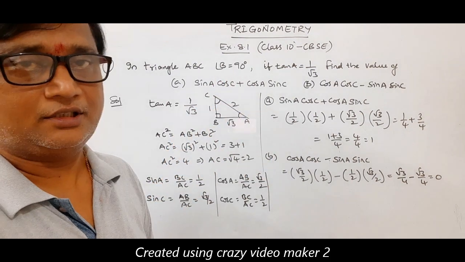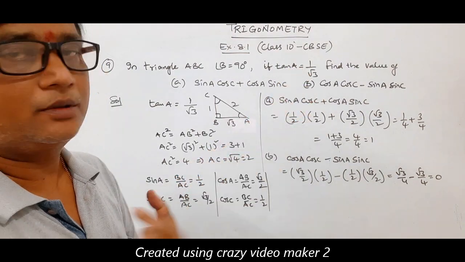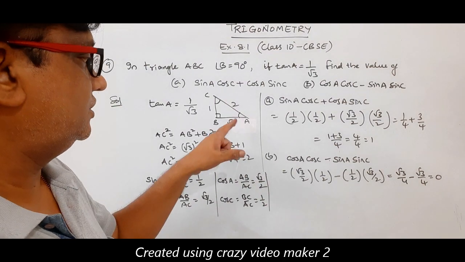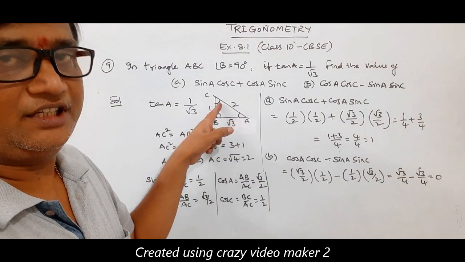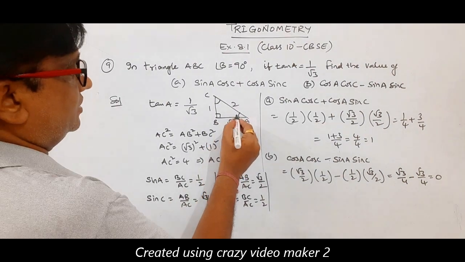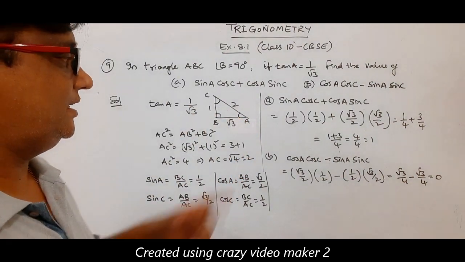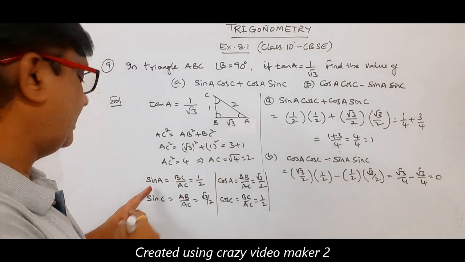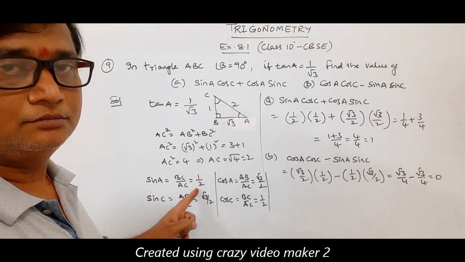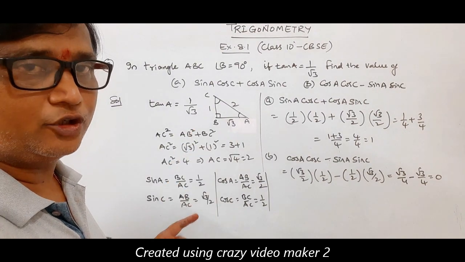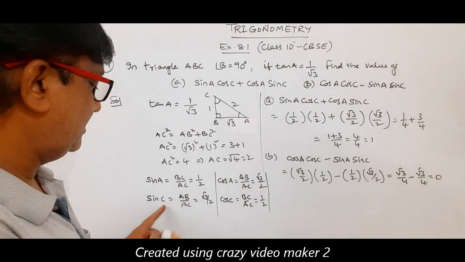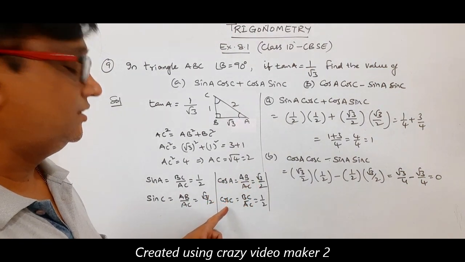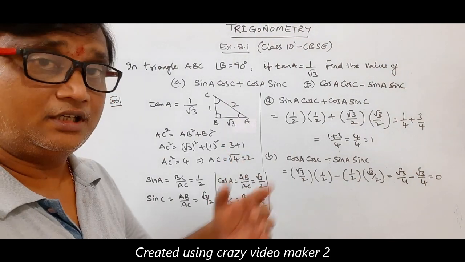Now one thing, if you know the tables, for example in the next exercise and onwards, we know the angles also. Tan A equal to 1 by root 3 means that is tan 30. So A value is 30. So this part is 30, this is 90, means this is 60. Angle A is 30, angle C is 60. Now sin A means sin 30. Sin 30 is 1 by 2 according to the table. Sin C means sin 60, root 3 by 2. Cos A means cos 30, root 3 by 2. Cos 60 is 1 by 2. You can write like that also.